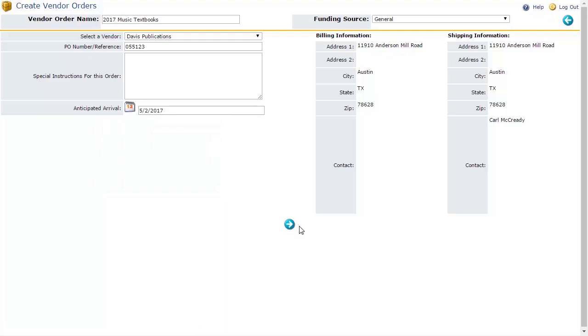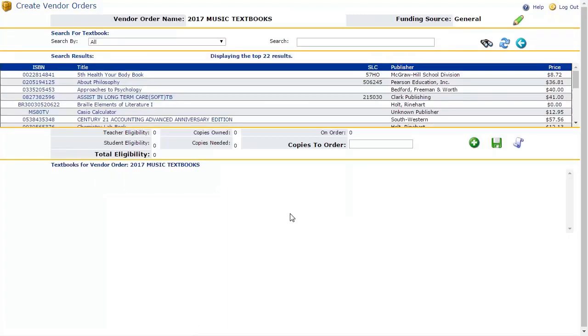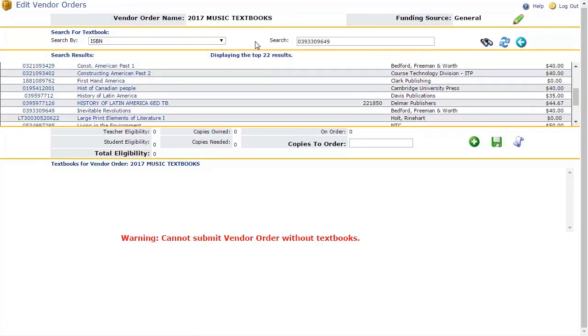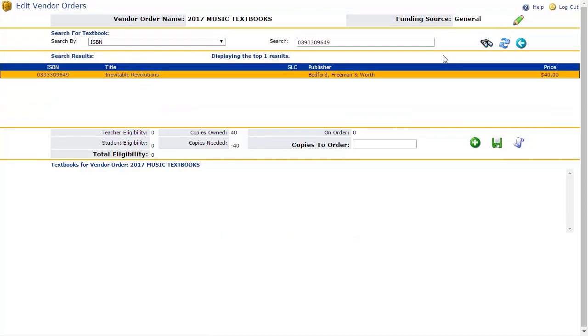Click on Next Page to open a page containing the textbook grid. Search for your desired textbook. Select the method by which you wish to search from the drop-down menu. Then enter your search term and press Search. Your results will be displayed below. Click on the title of the item. This will highlight the row to orange and present your eligibility for the selected ISBN below, as well as the